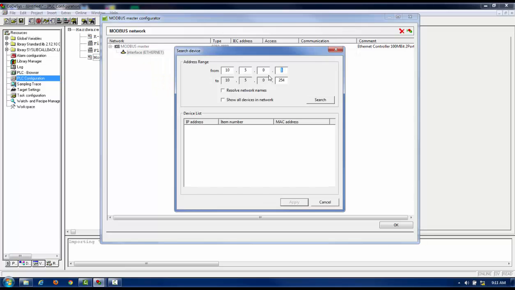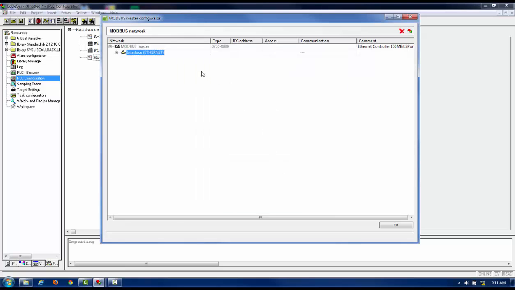In this case, I'm using 10501 through 1050254. I can have it search the network and find the devices on the network. And then I can select the device and add it to my system that way by automatically scanning it. There's obviously a big benefit to being able to scan the device and find it on the network, because then it will actually configure the node for me, and we'll get into that in a moment. It just takes a second for it to go out and scan the network and see what devices are out there. I'm going to select this .4 because this will be my Modbus slave on the network,